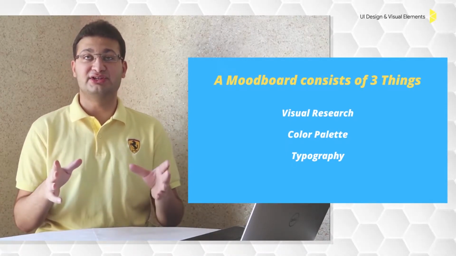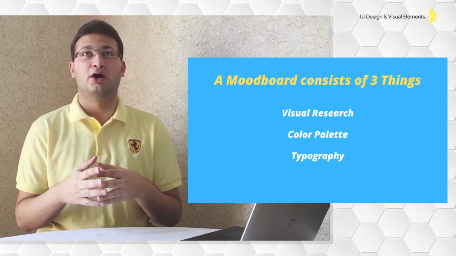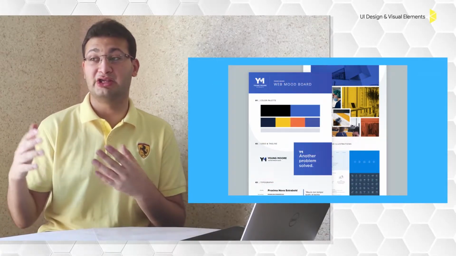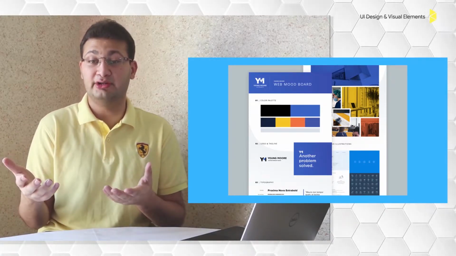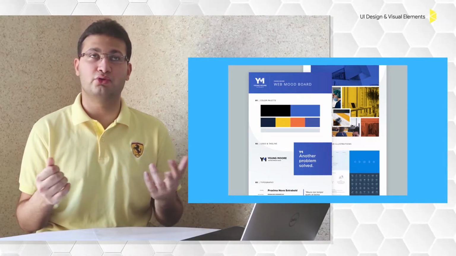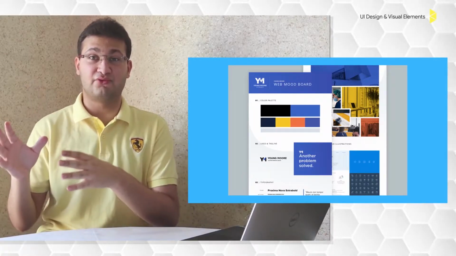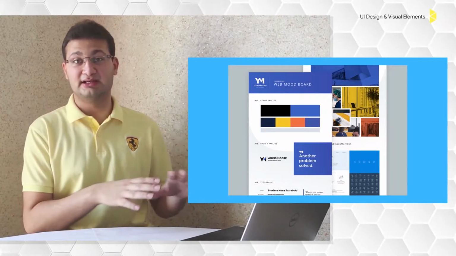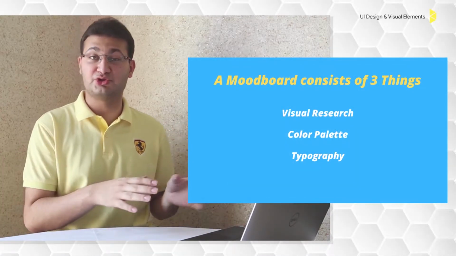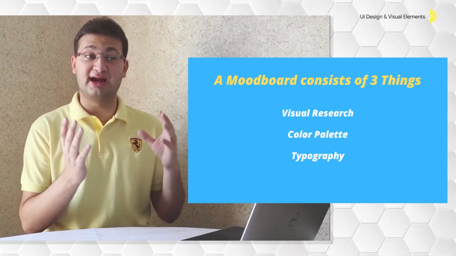What is that? It's just researching certain pictures on the internet, copyright free or not, but those pictures convey the same message you want your UI to convey, and in turn the message that would be relayed through your UI. So you go to websites like Pexels or Unsplash, collect the pictures from these websites, and place them in that mood board. You can also use those pictures in your interface, and this would help pass on that information. So that is the visual research.